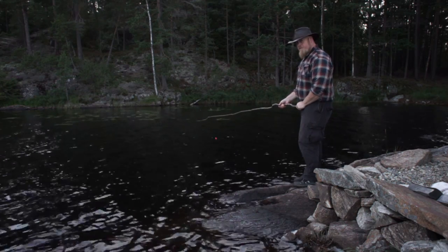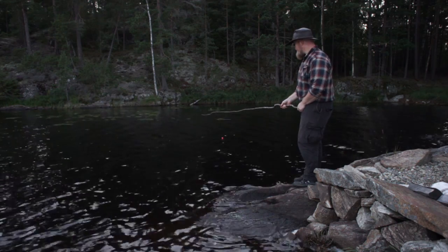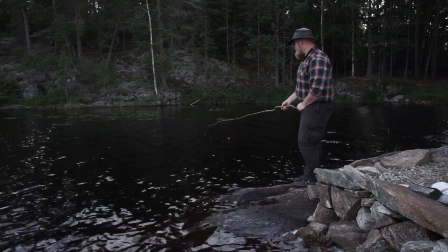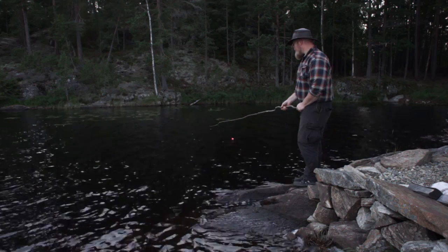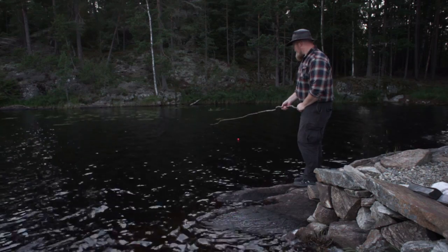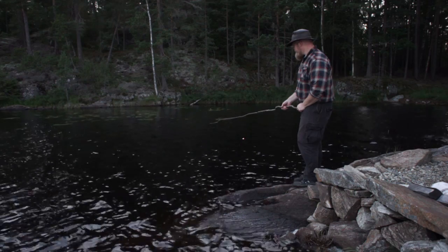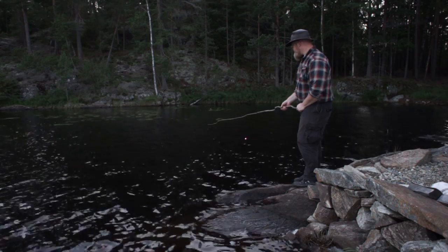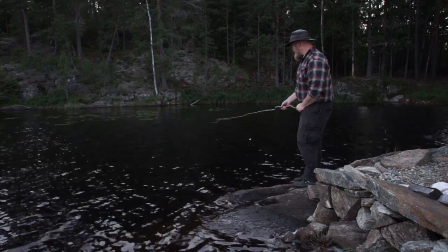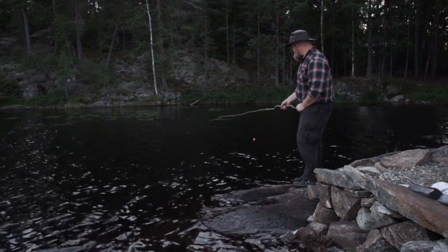grab onto the bait, because you have a slack on the line from the tip of the rod down to the floater, and from the floater down to the sinker, the line is tight. So when the fish attacks the bait, the earthworms in this video, you can see it on the floater. It starts to move down,